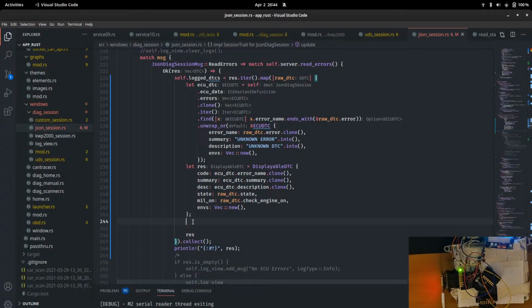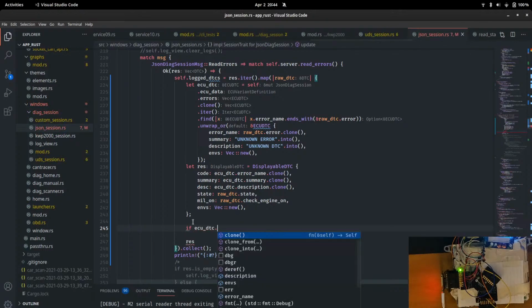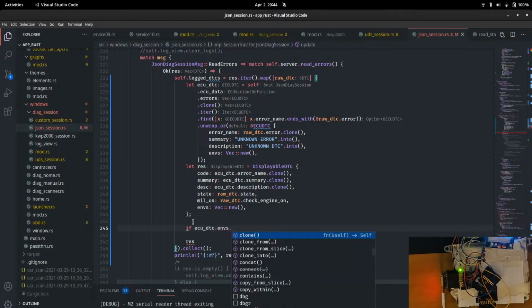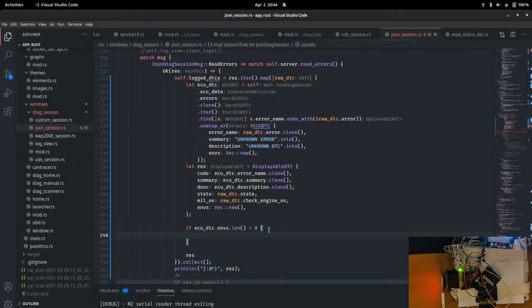So for each environment context, we want to say if ecu_dtc.environments.len() is greater than 0. So if we have context to read,